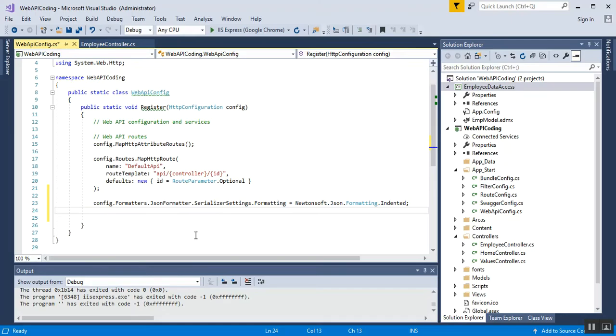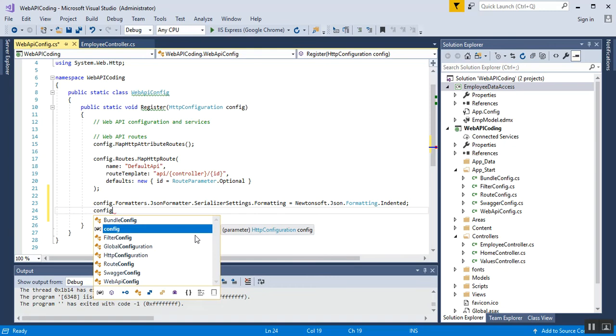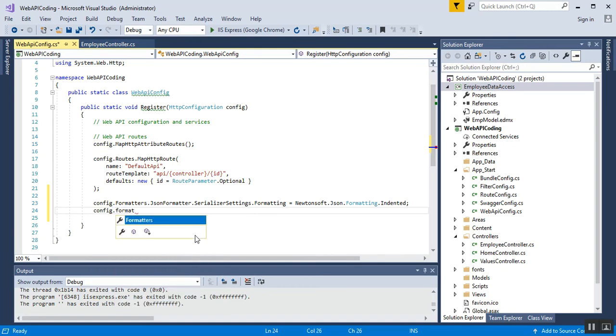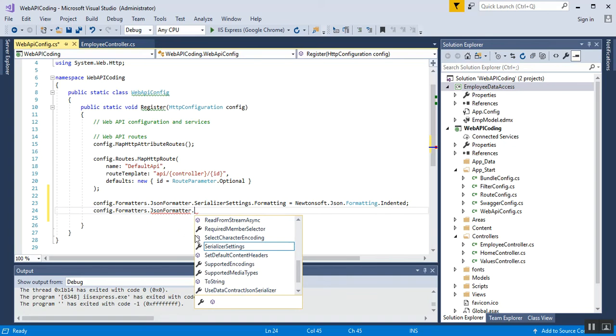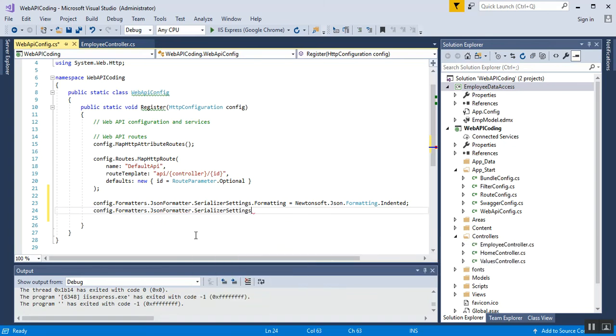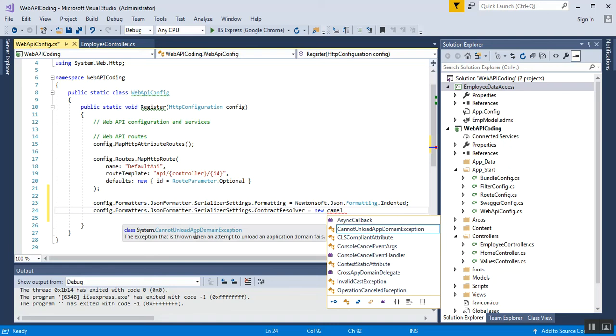The next line of code uses the same config object, config.Formatters, again JsonFormatter.SerializerSettings, and .ContractResolver equal to new. I want to create an instance of the camel case property names,